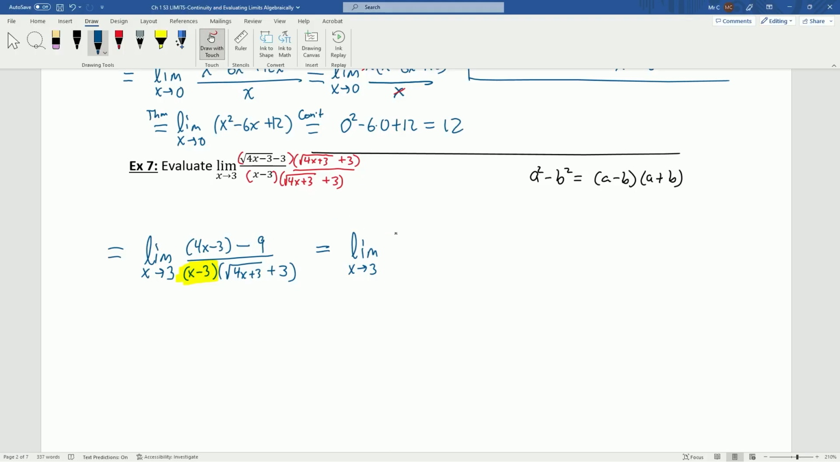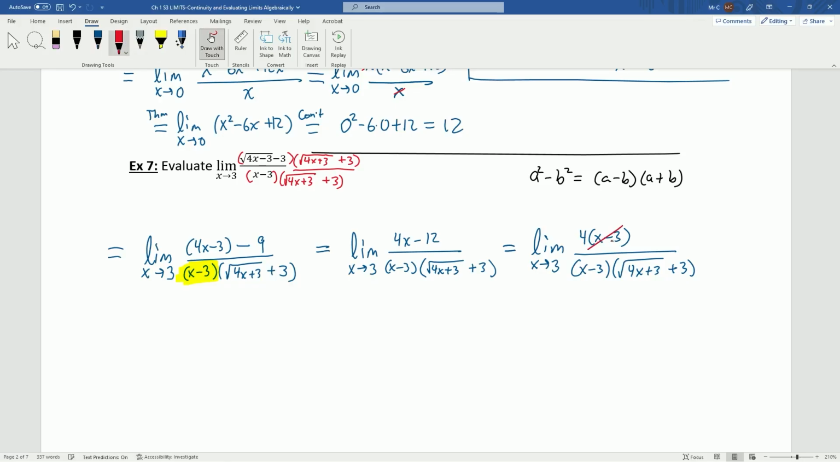4x minus 3 minus 9 is 4x minus 12. And let's factor a 4 up top, and that gives us 4 times x minus 3 divided by x minus 3 times this expression with the square root here, square root of 4x minus 3 plus 3. And now I can cancel. So my theorem tells me that this thing is equal to the limit as x approaches 3 of 4 divided by this thing